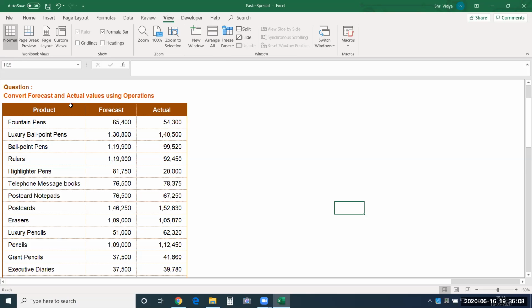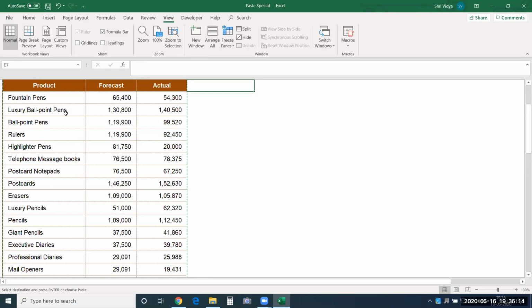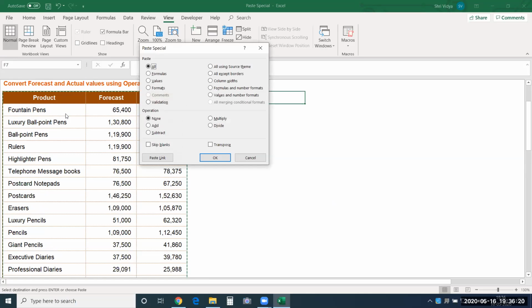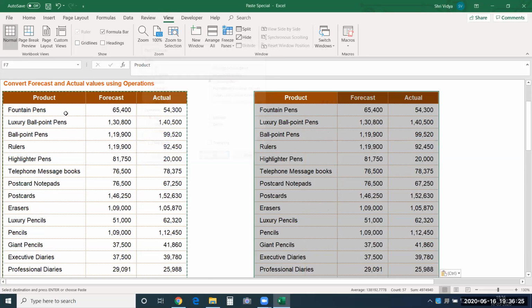So you could be doing it really quick without having to change your formula into values later. So these things you need not do if you know how to use this paste special option. Okay.